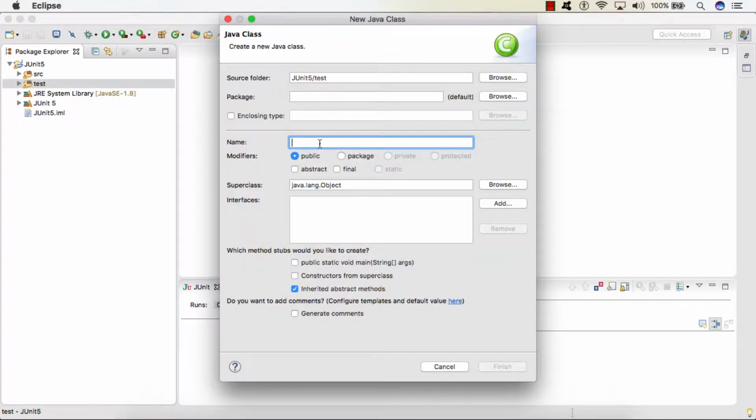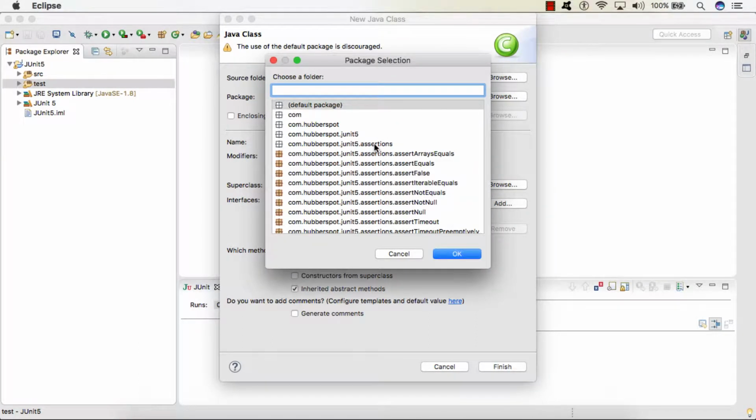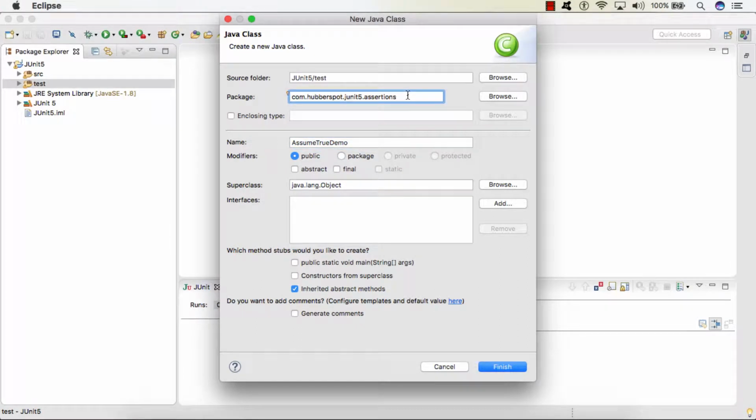We'll give it a name as assume true demo. I will keep it in a package, com.hubberspot.junit5.assumptions.assume true. We'll click finish.